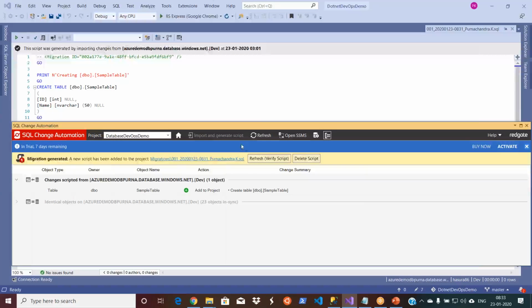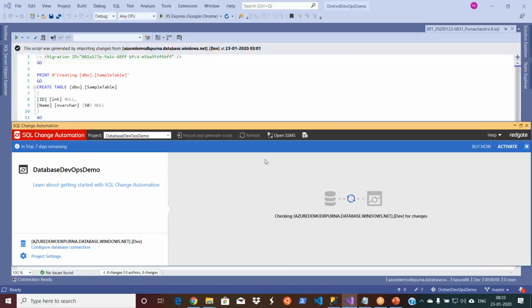That's why there will be another step where you have to say refresh and verify. When you say refresh and verify, right? What it will do? Your database project will go and analyze the script generated against your target database. It will ensure that it will be able to successfully run the script in the target. So you will not have any surprises when you run this script from your release pipeline. Okay, let's go on. I'm telling all the things that happen in the background. Now, once this is done, you are good at it. Then we can go to the folders and see what are all the different things it creates.